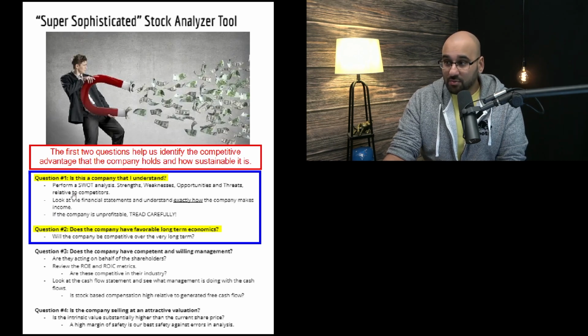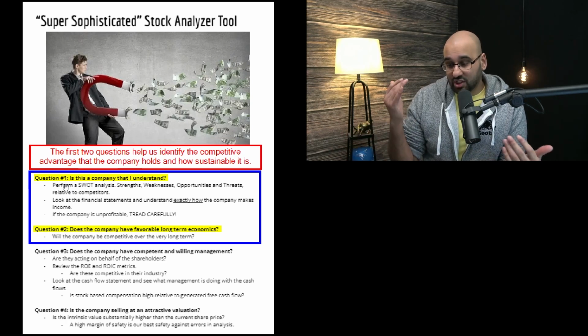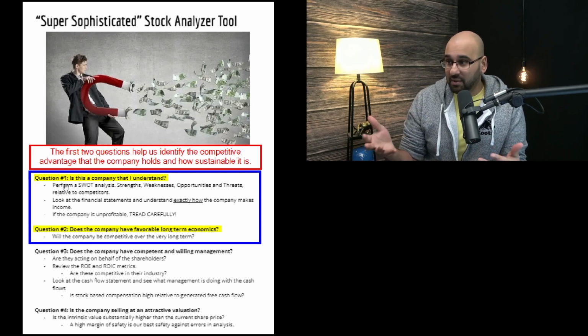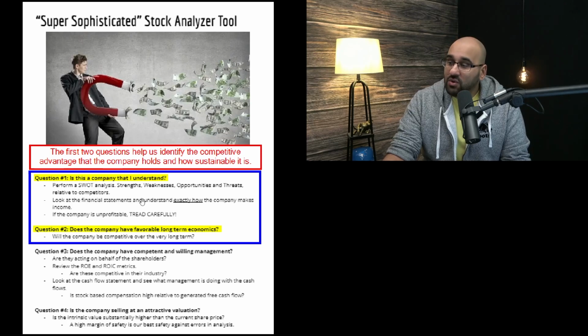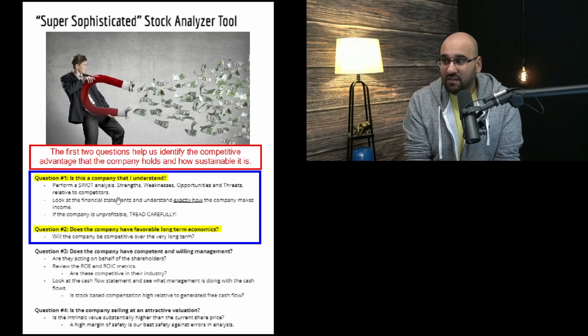And so question number one really revolves around our understanding of the company and its operations and what it means to the overall economy, etc. And so the first question, and these are just Warren Buffett's 4 questions that he asks before he buys a company, but the first question is, is this a company that I understand? And part of that analysis is you should be able to do a SWOT analysis. This is strengths, weaknesses, opportunities, and threats analysis. And when you go through the strengths, weaknesses, opportunities, and threats, you really get a better understanding of the company